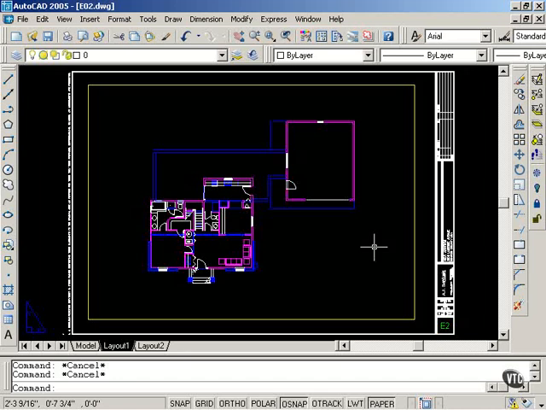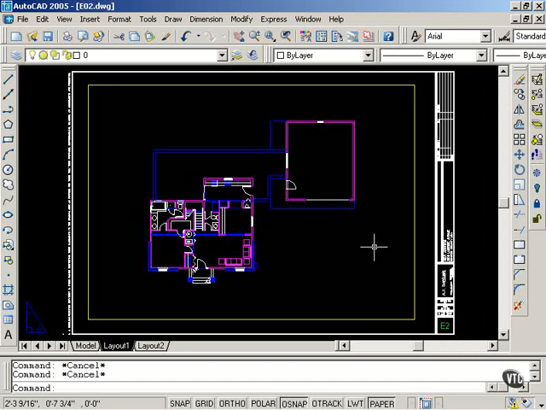I'd like to begin by adding the title to this sheet. The title will read First Floor Electrical Plan. I have two options. I can place the title in Layout 1, or I can place the title in Model Space. If I choose Layout 1, I have to remember that the sheet will print at actual size, which is 1:1. If I place the text in Model Space, I have to remember that the viewport is set for a